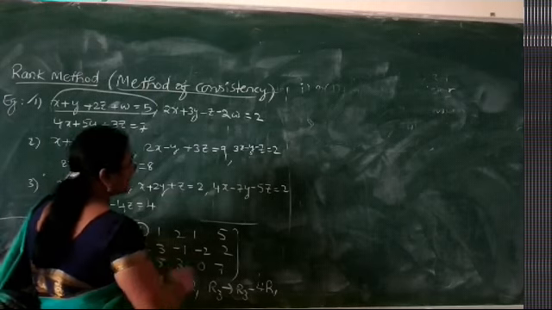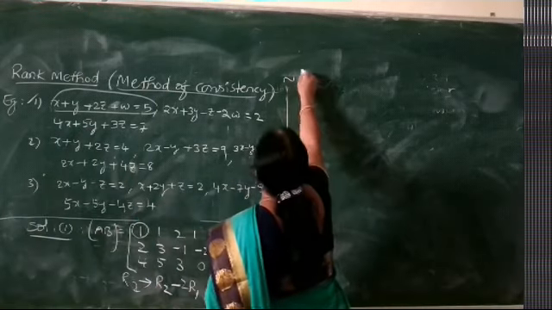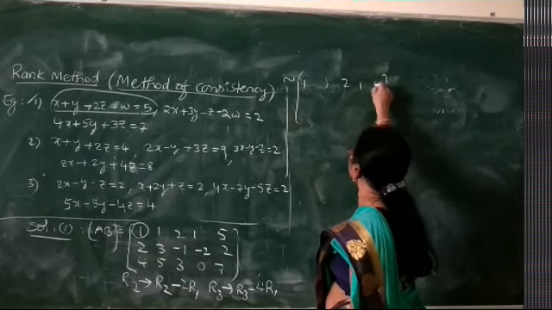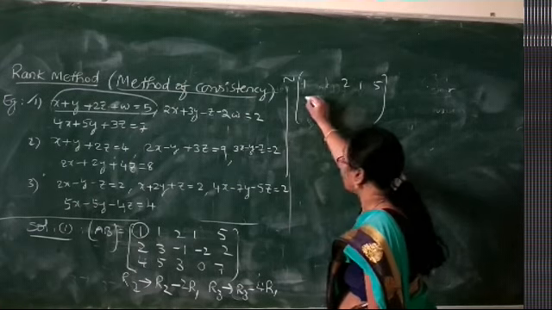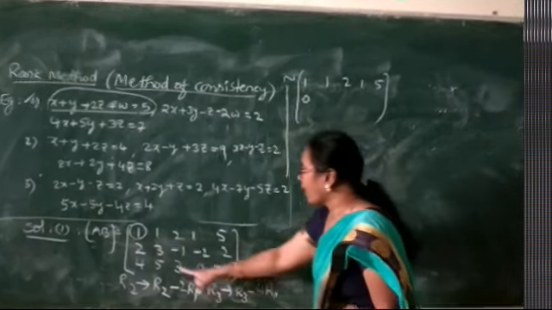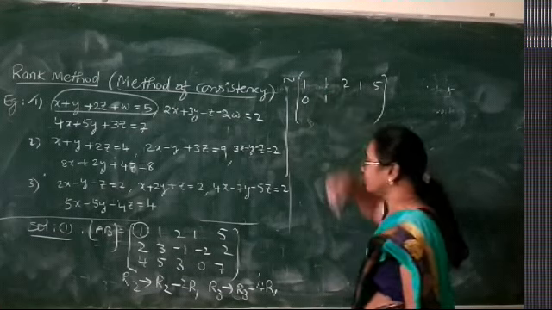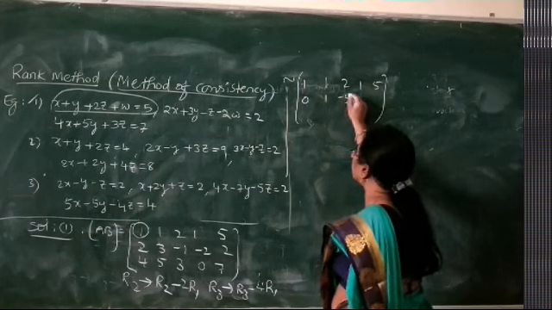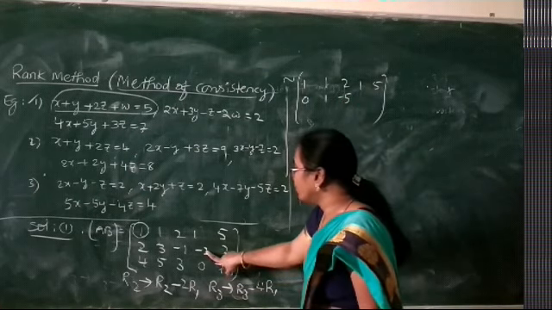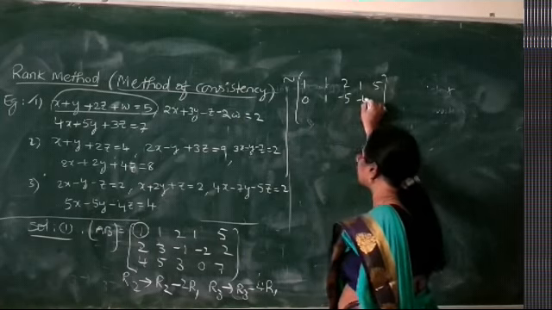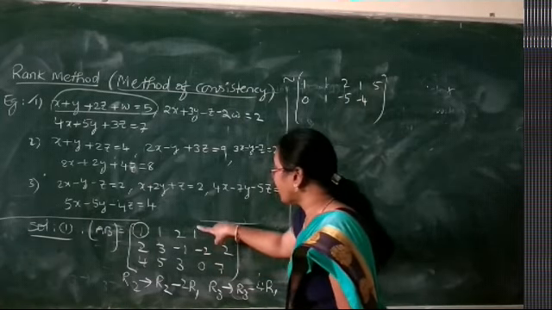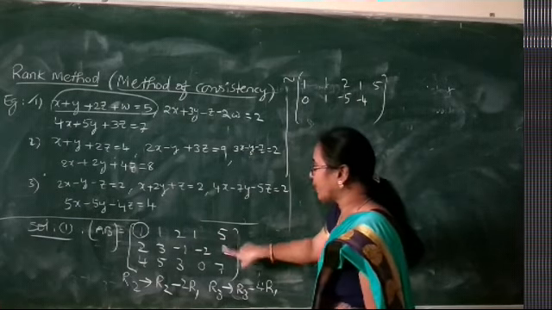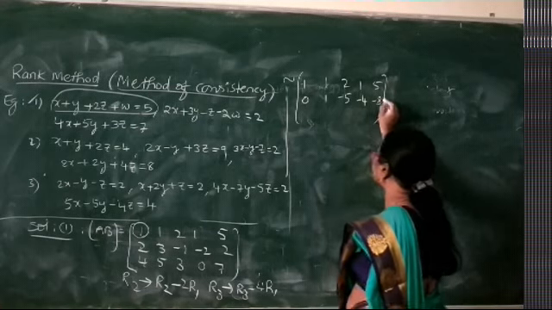Using these two operations on the matrix A, we get the new equivalent matrix. The first row is 1, 1, 2, 1, 5. In the second row we have 0, next 3 minus 2 into 1, which is 1. Next, minus 1 minus 2 into minus 2, it is minus 1 plus 4, which is 3. Next, we have minus 2 minus 2 into 1, which is minus 4. Next is 2 minus 2 into 5, 2 minus 10, we get minus 8.